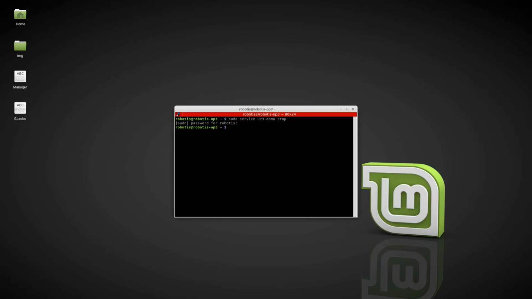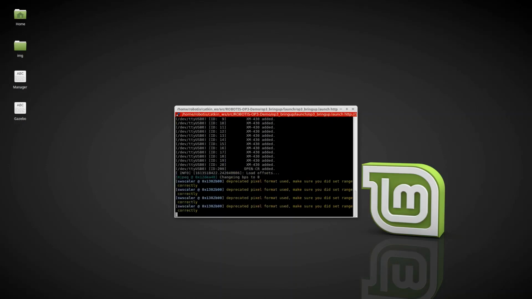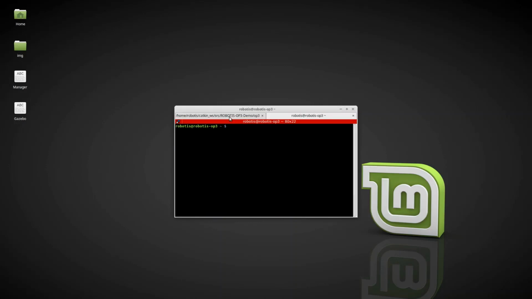And next we've got to run the OP3 bring up. That's a package that's already built into the OP3, so we can run that by using roslaunch. Now you can tab to automatically finish your terminal command as well, if you want to use that. This package runs in the background, so we'll open up a new terminal and leave that running